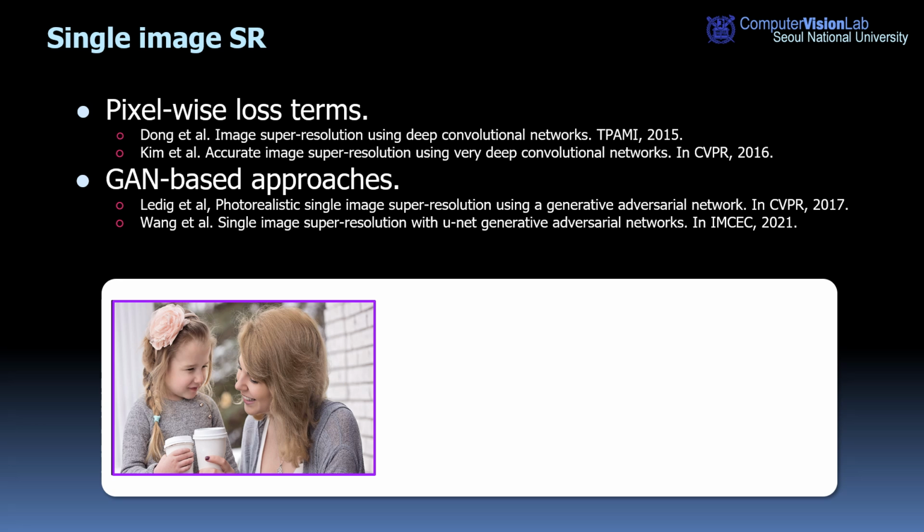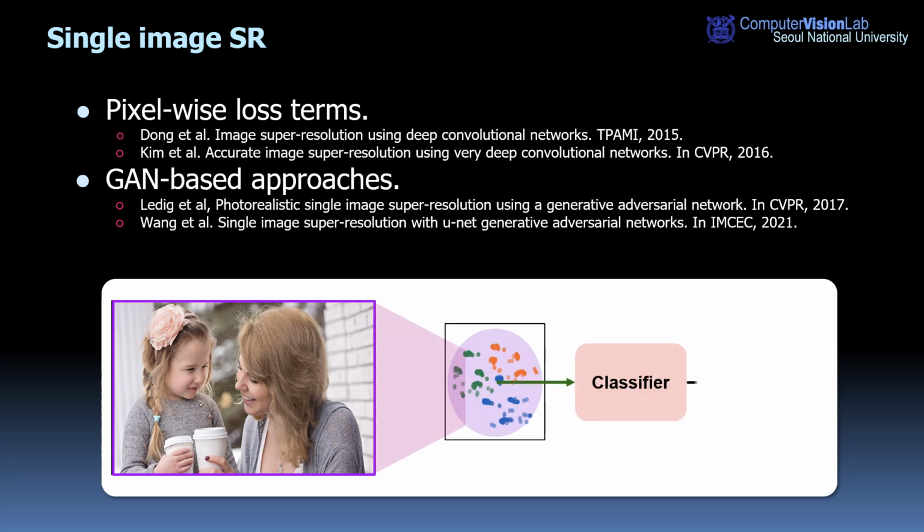Single image super resolution in computer vision enhances low resolution images into high resolution ones for better visual quality. Methods have evolved from specialized networks with pixel-wise loss to more advanced techniques like perceptual objectives and adversarial training, as in SRGAN. However, some methods overlook local distribution detail by using a global discriminator.